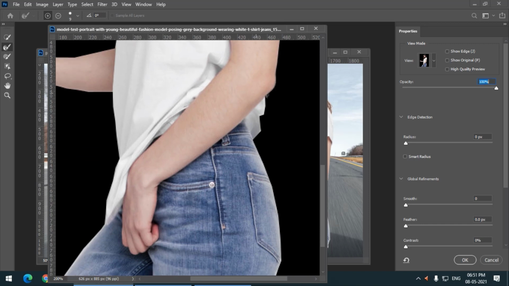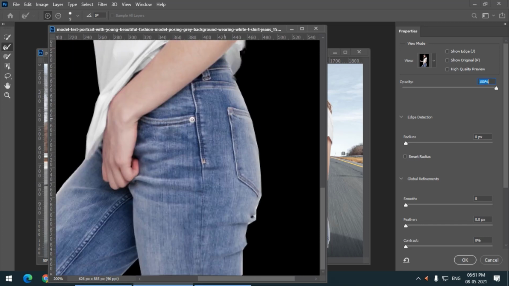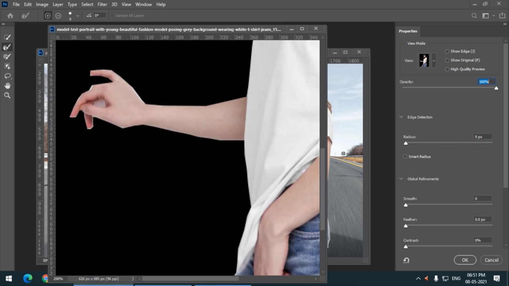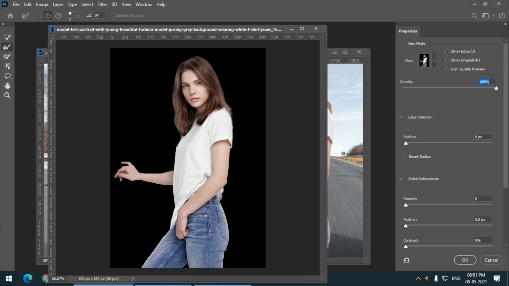It's working better. I think we can use it over here. We can see some white portion of the background over here, so I can simply press and hold and draw this tool like this. I think this is looking much better than our previous selection,